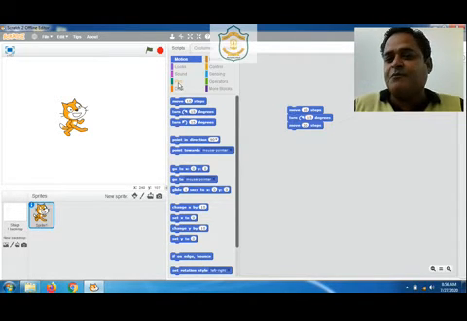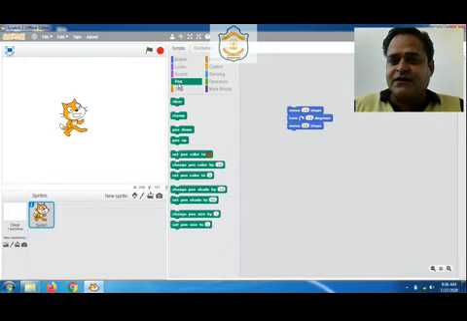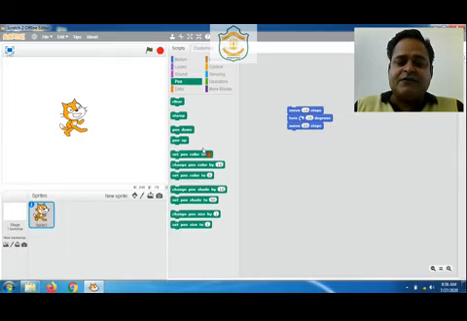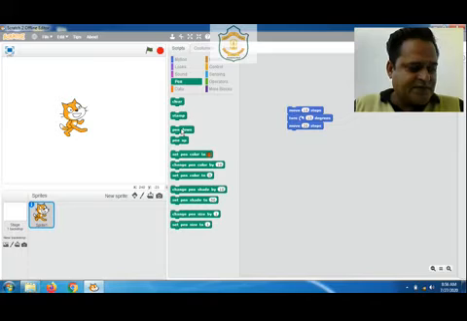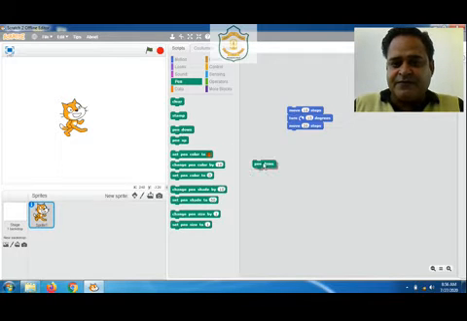There you can see there is a pen block palette. Click on it. Now these are the commands available which can be used with the pen block. Starting with pen down, pen down enables the pen, which draws a line.